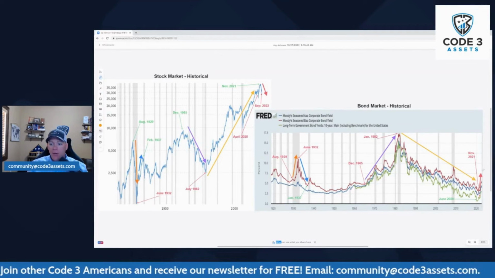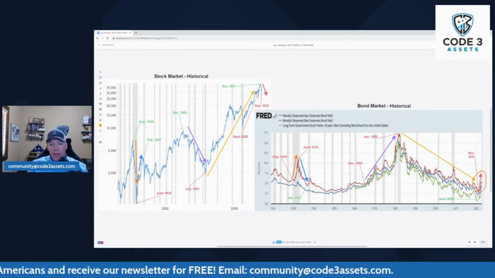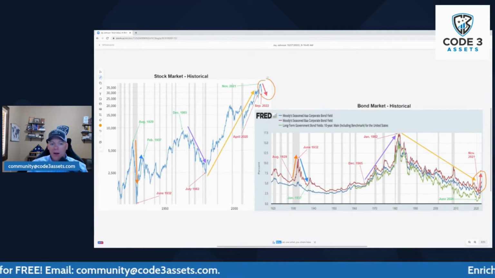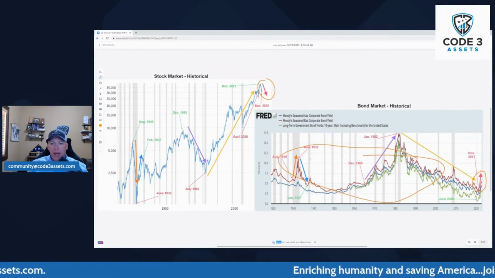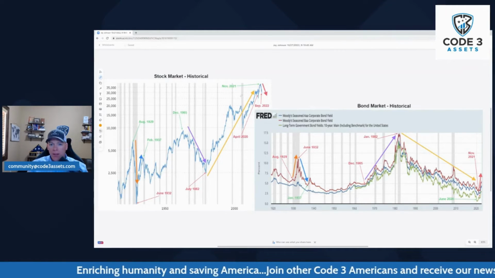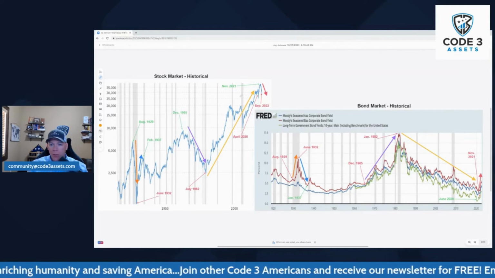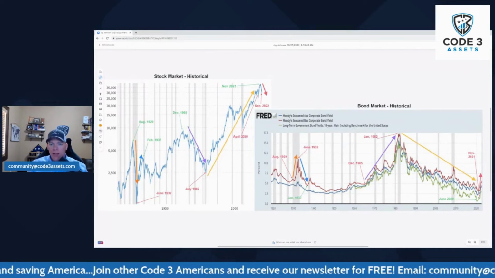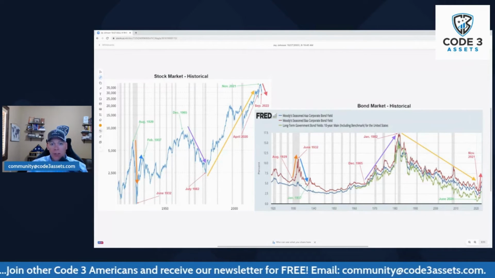So today we're in a situation where the Federal Reserve is raising interest rates faster than they have in decades, and that's causing the stock market to crumble. Nothing ever moves in a straight line. It's always got ups and downs. One thing's for sure, there's a lot of volatility and a lot of downward pressure on the markets relative to the rising interest rates. This has a direct correlation to bonds.